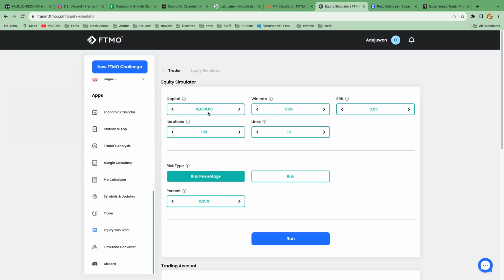All right. So we're going to start with a 15K account. And what I've seen from Neo Strategy 2 is we have about a 60% win rate. Now, even if it goes a bit lower than that, you're still going to have your R that can play here at the time.